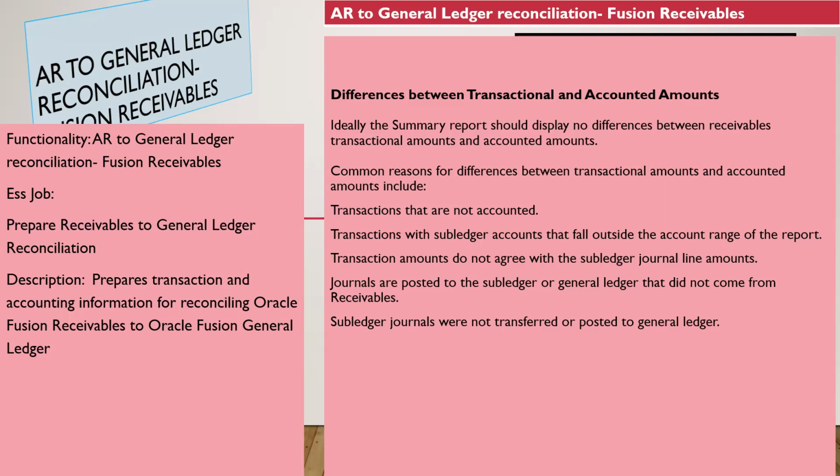Subledgers, this is the final one. Subledger journals were not transferred or posted to GL. So these are the common generic scenarios where you could see the differences between transaction versus accounted amounts. If you see the last scenario, subledger journals were not transferred or posted to general ledger. It means that we created transactions but they have not yet been transferred or posted to the GL,